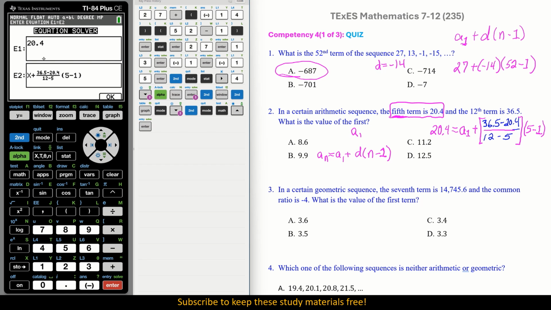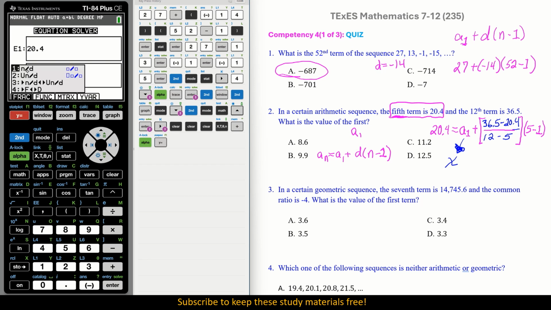Now be careful. Make sure you have all the numbers right. 20.4, okay, and then X. That's another thing. Instead of a sub n, obviously we're not going to type that in. Since it's the only variable, we can call it x. And then we set up our fraction. Here, let me do that. Let's just do the whole thing. X plus, it'll be alpha y equals, and we want number 1. So we want